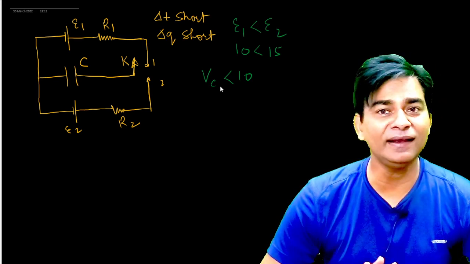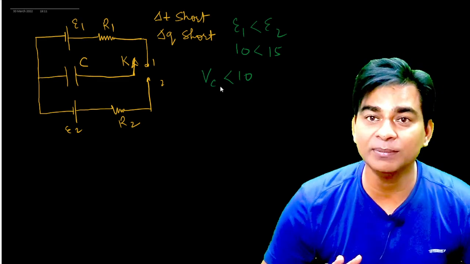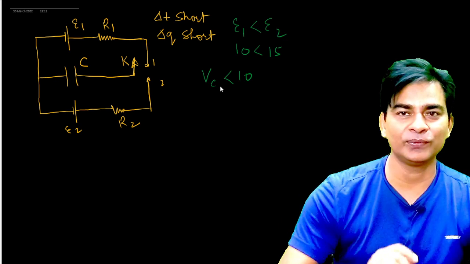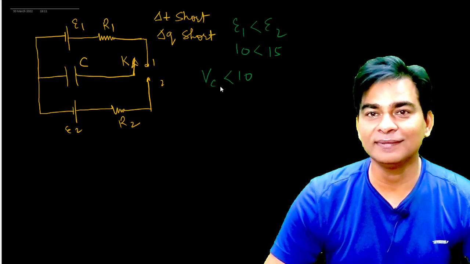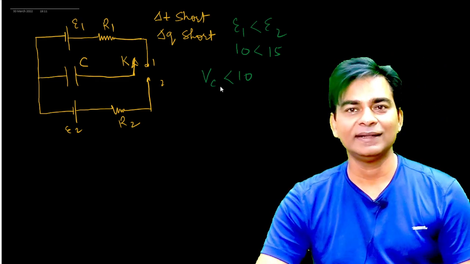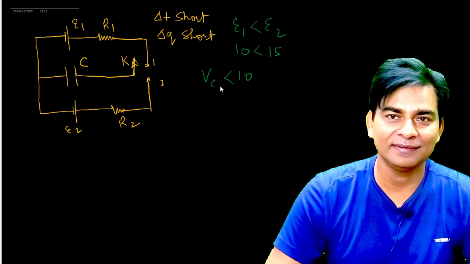Okay. Then the upper battery will not flow any charge to the battery. Then I switch the position to 2 and the potential of the lower battery is 15. We have assumed 15. Then the lower battery will flow a little charge to the capacitor